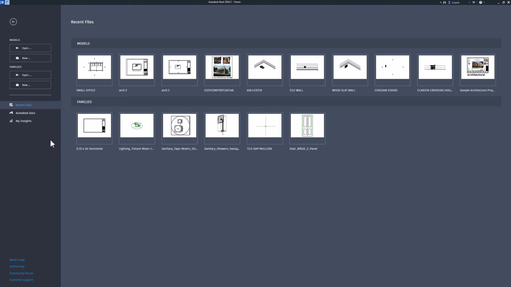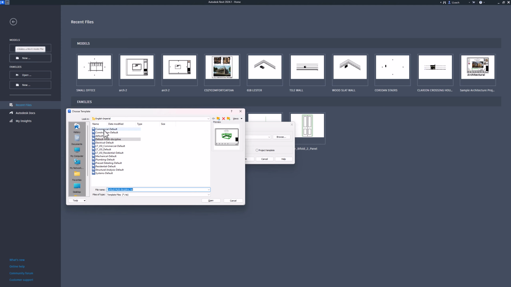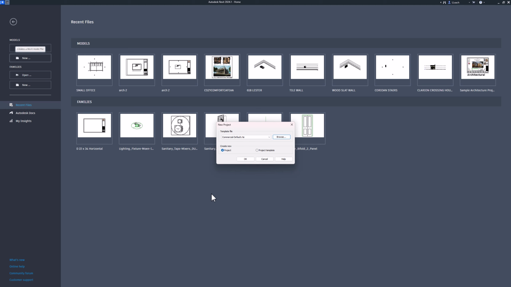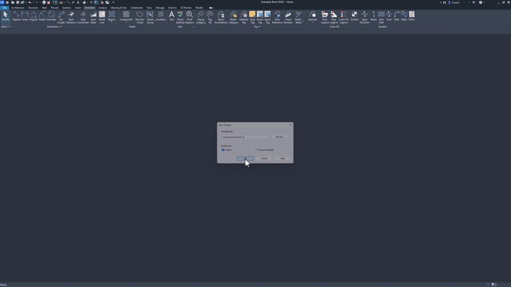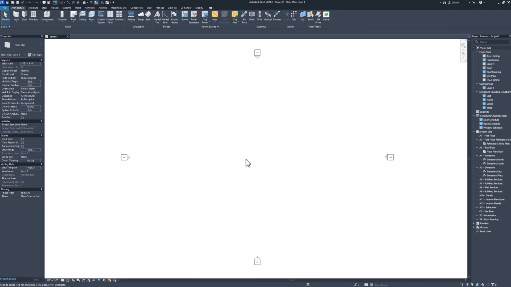So what I want to do first is go to where you see New and click on Browse. We're going to use the commercial default template, and I'm using the Imperial, so I'm going to click on Open. We're going to click on OK. And usually I start off by setting my levels, but we're just going to sort of follow what